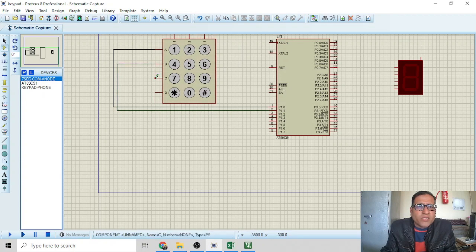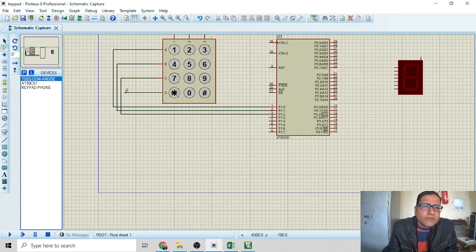After that, we will take C and connect it with the P1.2, and D with the P1.3. Also we will connect